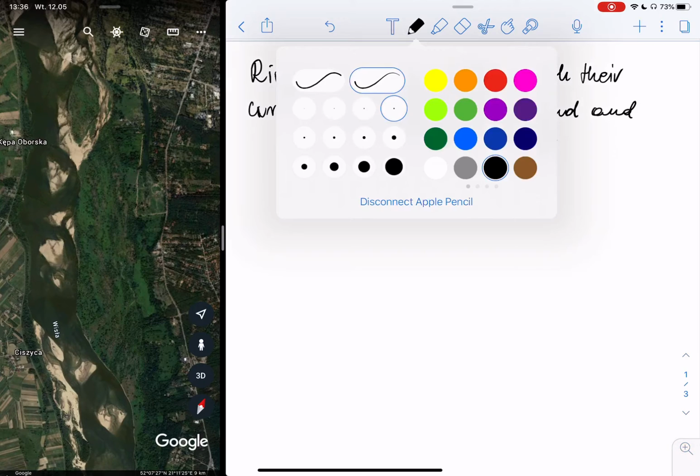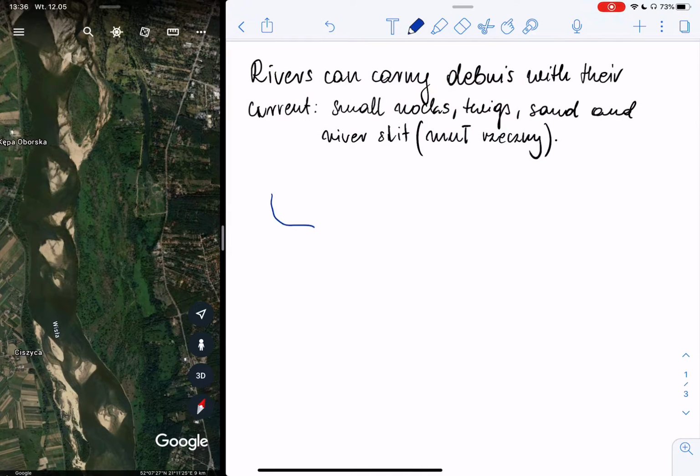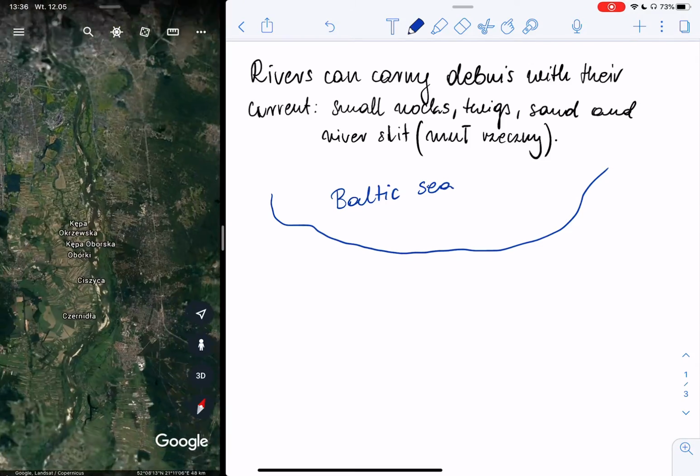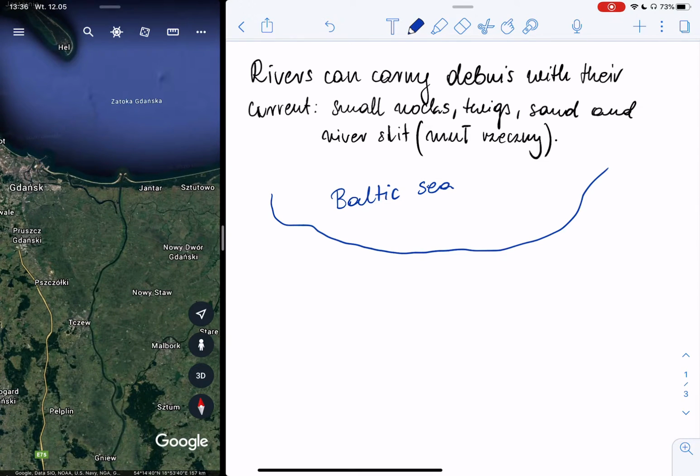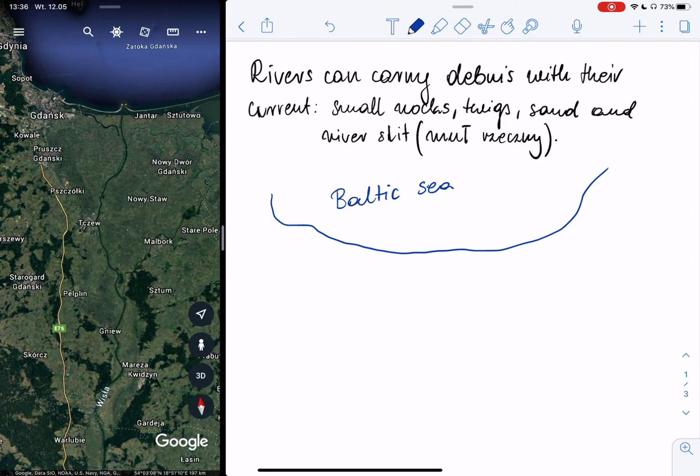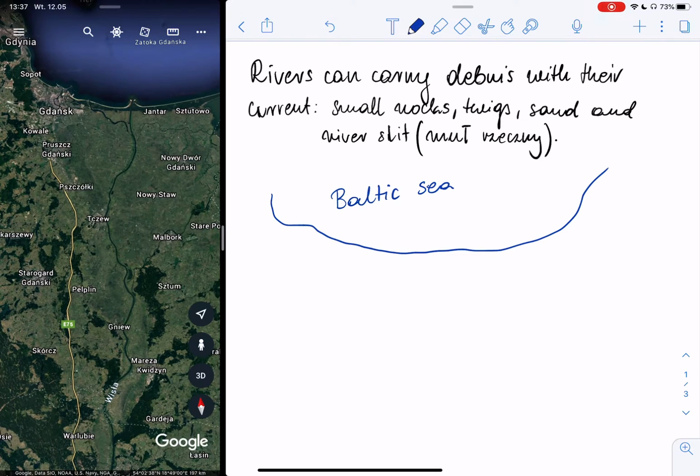And guys, a river usually finishes its journey in a sea. So let's say Baltic Sea. Here is Baltic Sea and here is Vistula River. See Vistula River in the bottom of the screen, and then the river flows and it exits the riverbed directly into the sea. This place is called the mouth of the river,